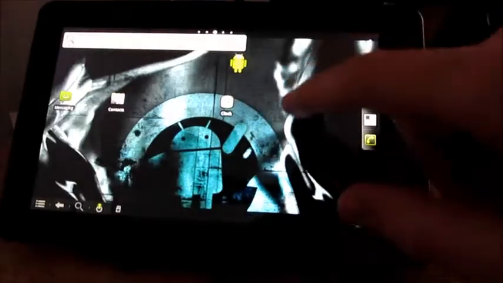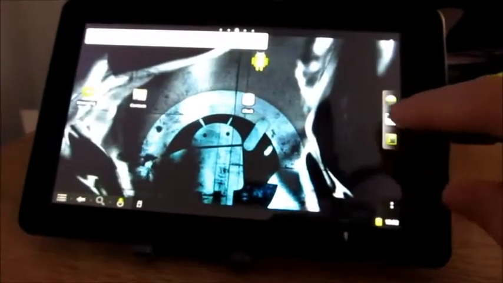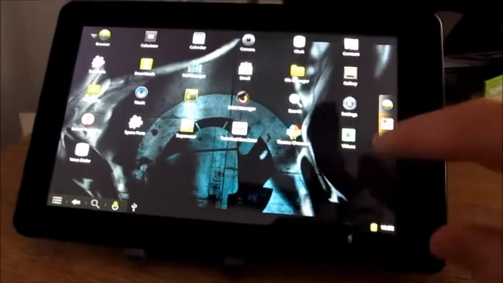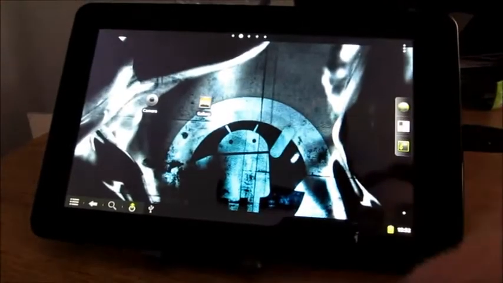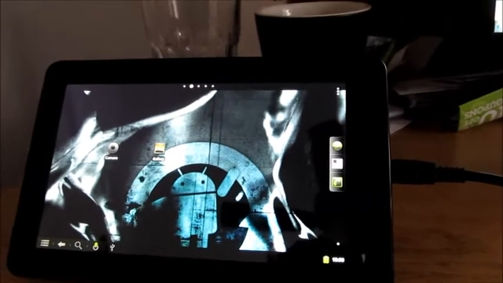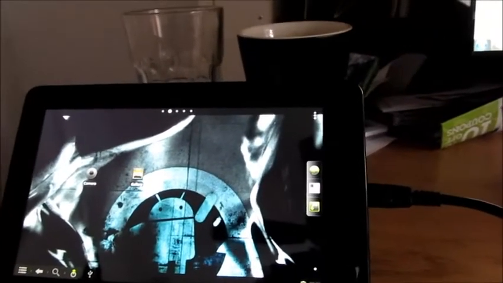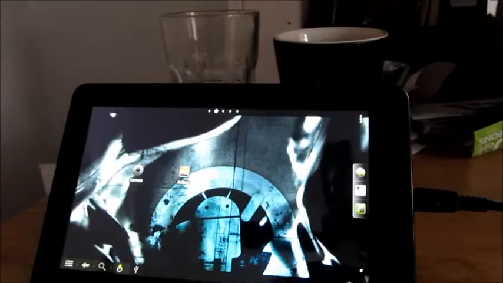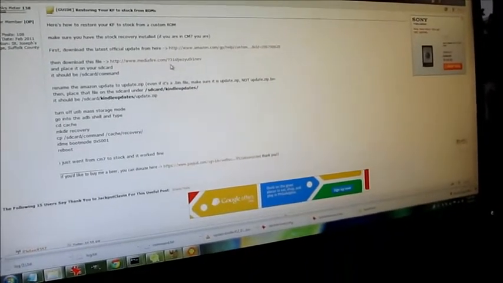And here we are running CyanogenMod, which is a custom version of Android that's based on the Android open source project. Now, to restore, there's a different post on the XDA Developer Forum, also by Jackpot Claven, which shows us how to download a